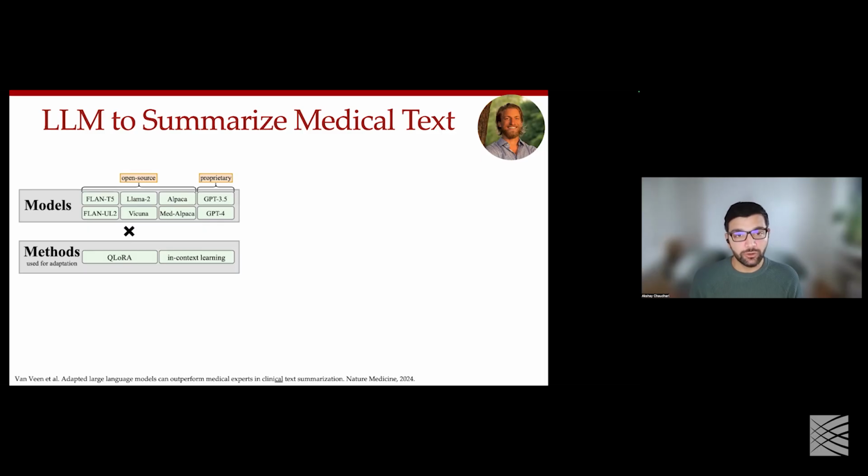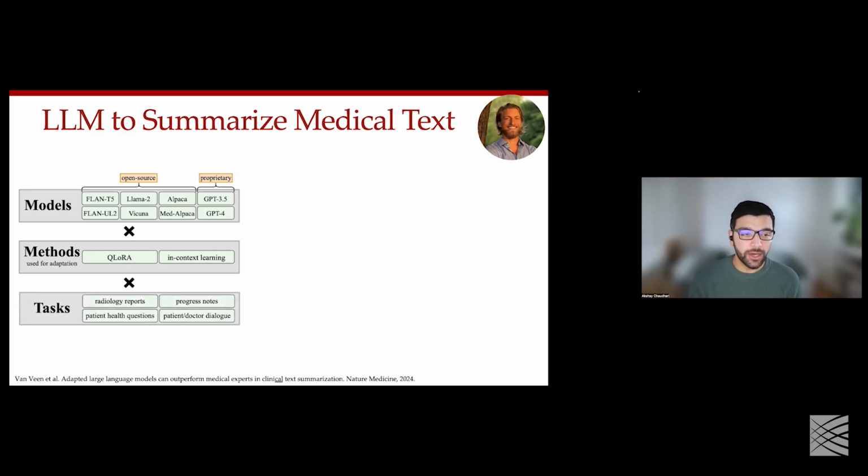And the way it works is actually quite simple. If you want a model to perform a particular task, in the prompt itself, you can append some examples of that particular task. So you're basically taking question answer pairs to give the model an example of what sort of responses you're looking for. And this allows the model to better understand the specifications of what you're asking it to do. And we showed, and this has been pretty broadly shown across all language models, that in context learning is actually a really simple way to improve your task performance.